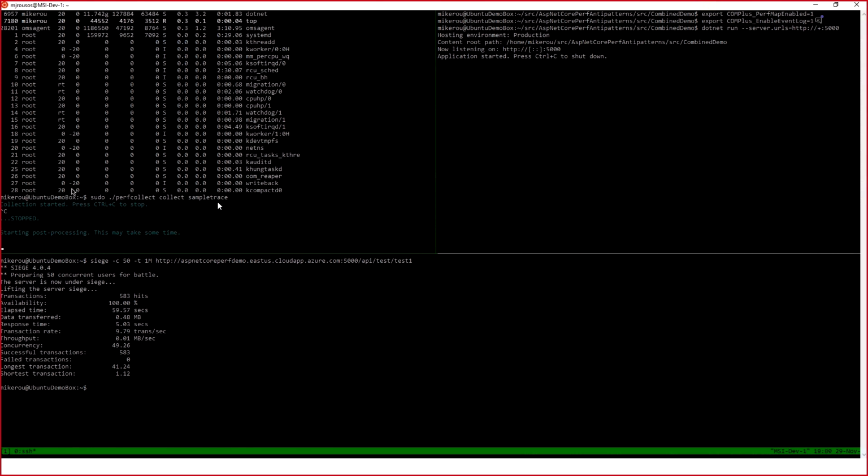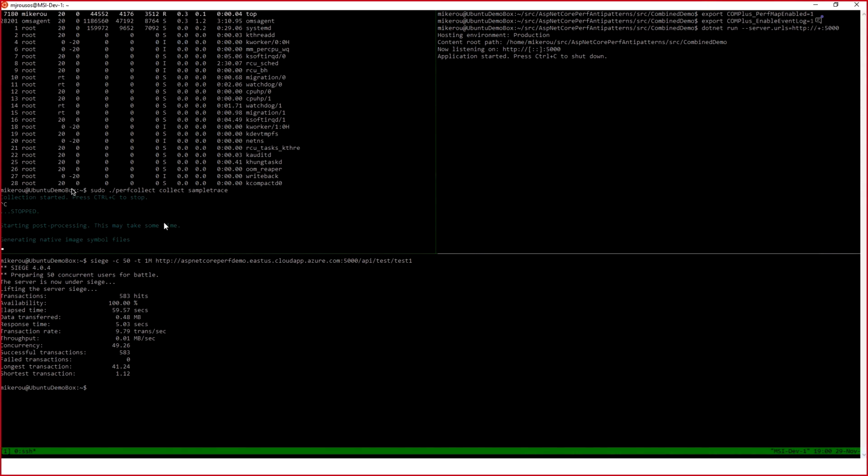You only need to run it for usually 20 or 30 seconds to get some good data, as long as your app's in a state where it's demonstrating the perf problems. And then once you're done collecting, you hit Control-C. It does some post-processing. It takes a minute or two. And it gathers all the stuff up into a zip file, which then we can bring back to Windows and